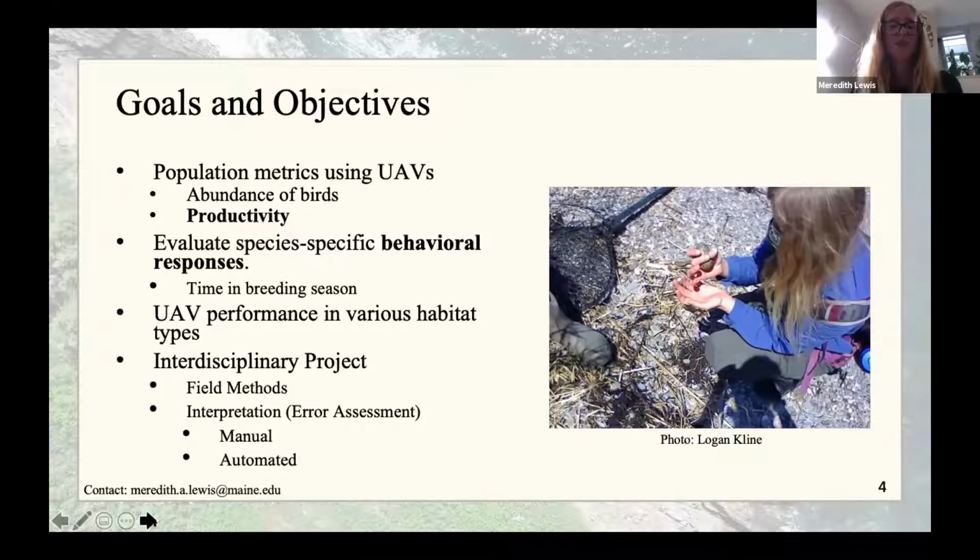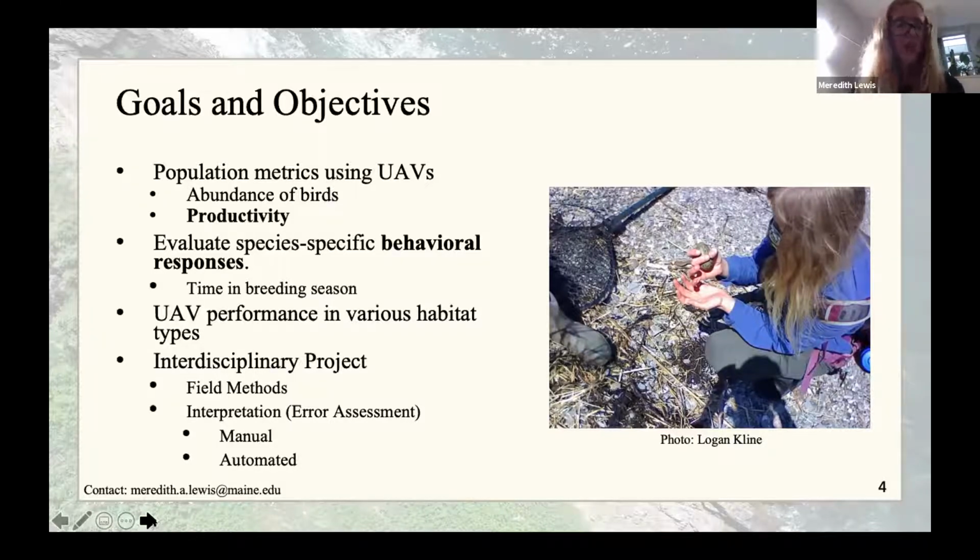So some of the goals and objectives from this past season were to use UAVs to gather some population metrics of the colonial birds, namely abundance of nesting birds, which is generally, I think, something that's of interest to most biologists, is to sort of estimate the size of the nesting colony. But we're also looking through repeat visits and repeated surveys gathering this imagery to look at productivity estimates for certain